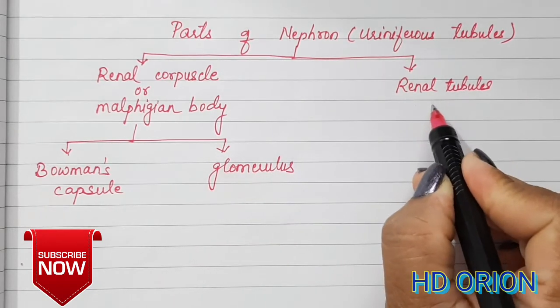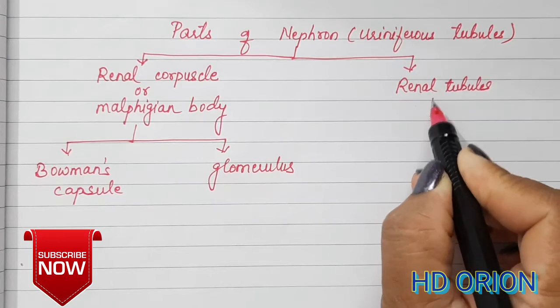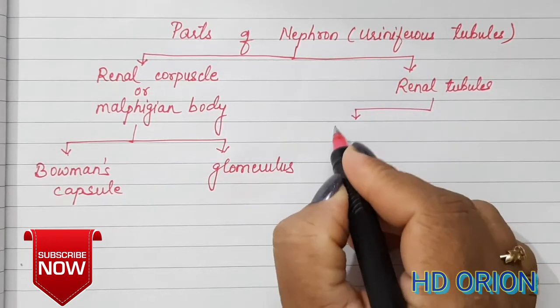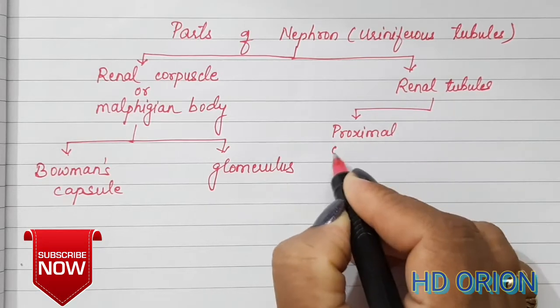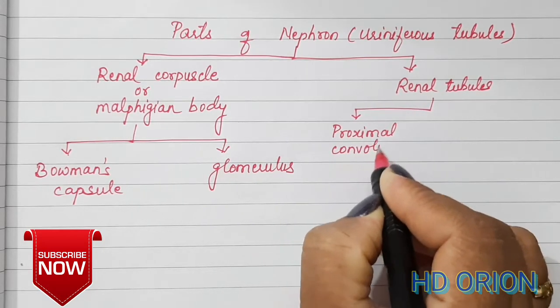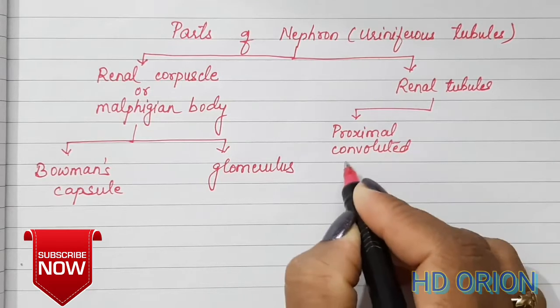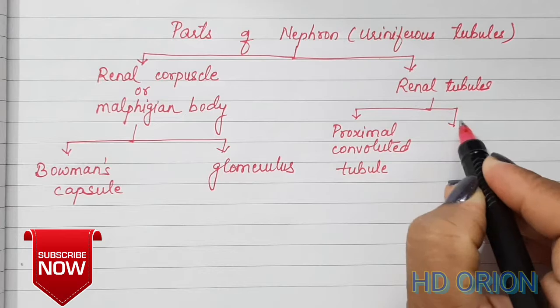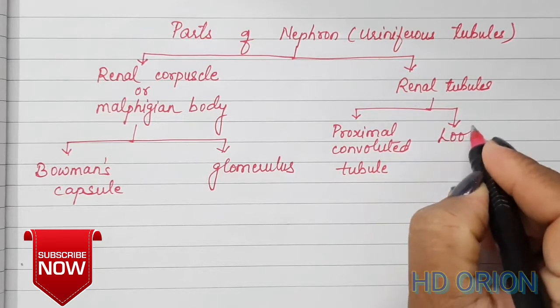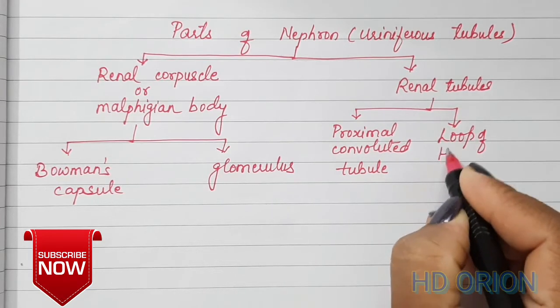The renal tubules are made up of small tubules. The first tubule is proximal convoluted tubule. There is a loop in the middle called as loop of Henle,